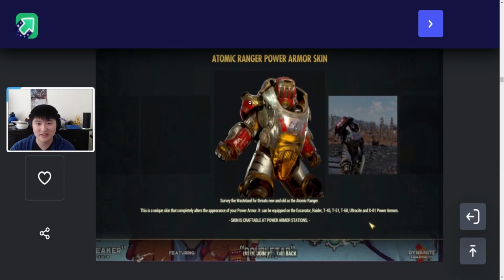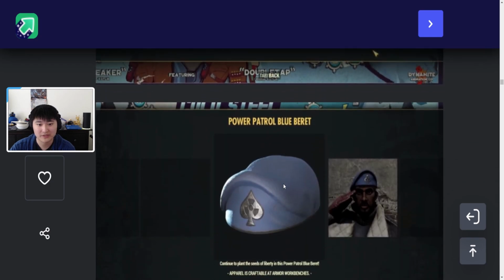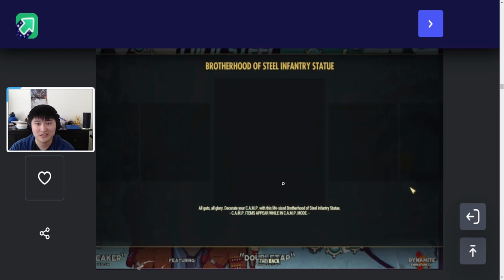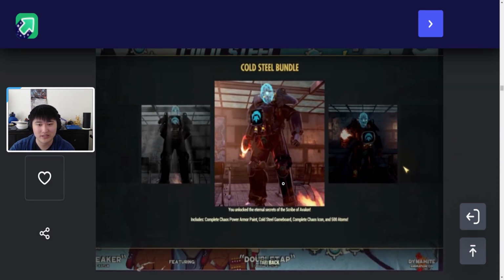Okay. So there's like a green variant of this that kind of circulates into the atomic shop. This is just a gray and red version, I suppose. 50 perk coins, Power Patrol blue beret, perfectly preserved pie, icebreaker outfit, Brotherhood of Steel Infantry salute. Oh, statue. Okay, so yeah, I guess it's a camp decoration. Then we have a cold steel bundle, and this one is a blue variation instead of a red one,